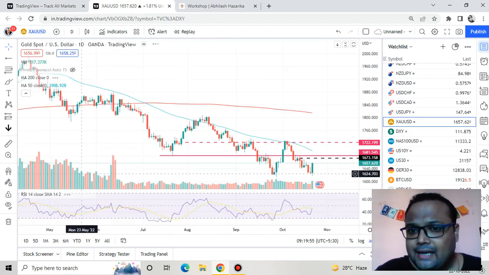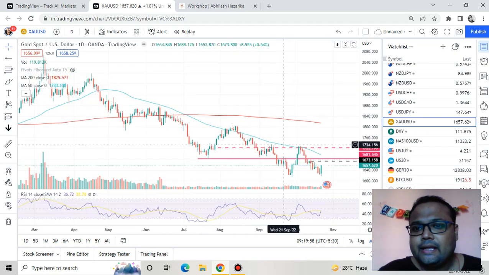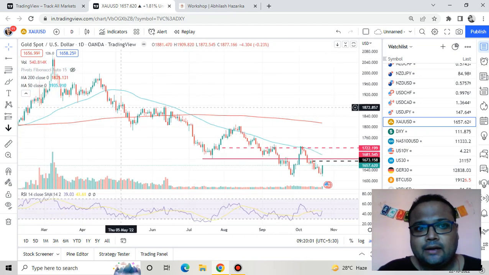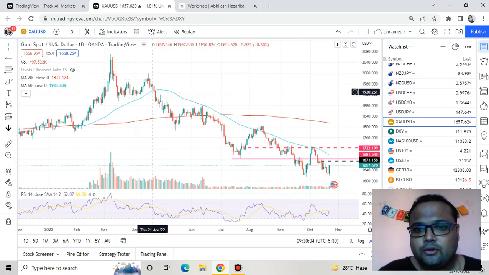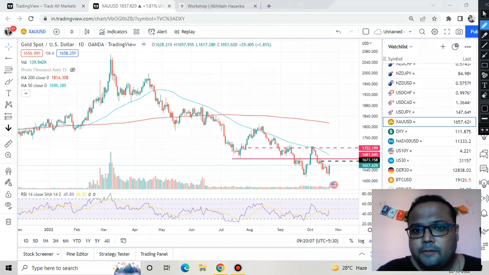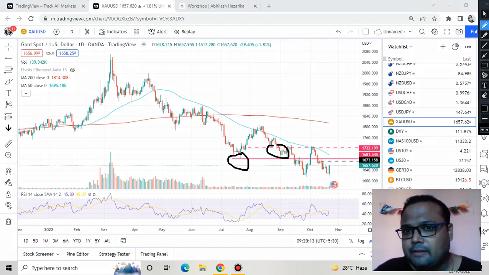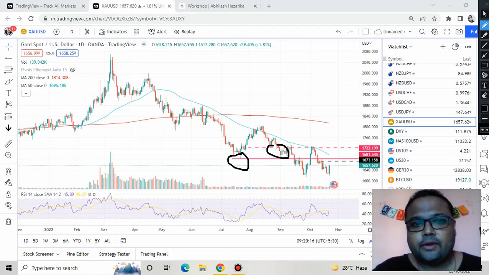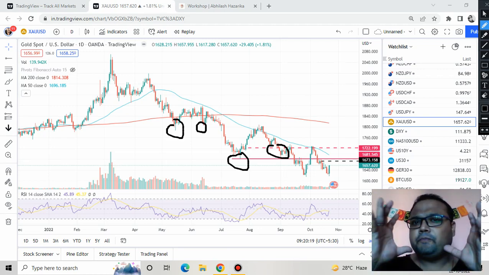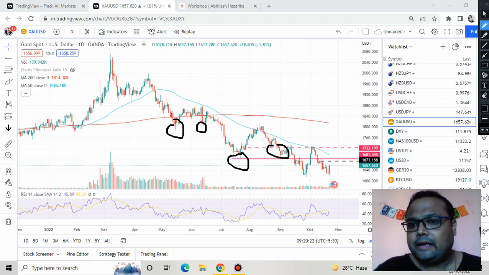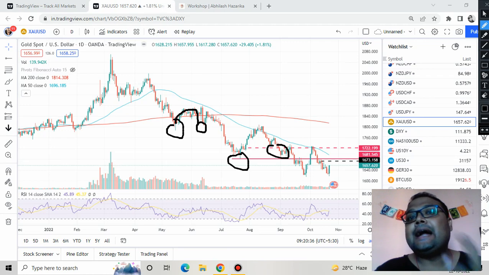And again, if we go to the daily chart right now, you can see the market forming a double bottom kind of a pattern after this huge downtrend. There was a double bottom kind of a pattern here also, but after that there was a huge fall in the market, and we can see a similar story again. So one thing is very much clear, that at least we will get to see some green candles for the next couple of days. If we follow this pattern, whenever the market tries to form a double bottom kind of a pattern, the market has shown some kind of recovery.